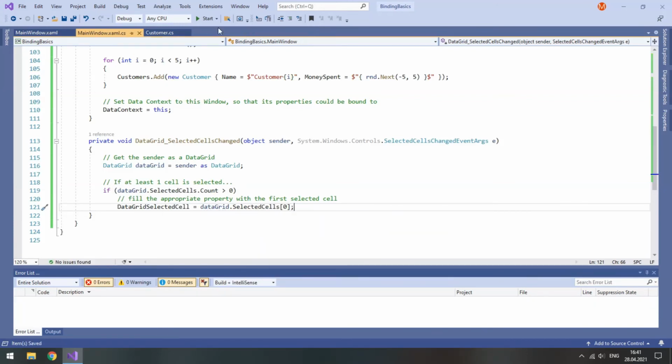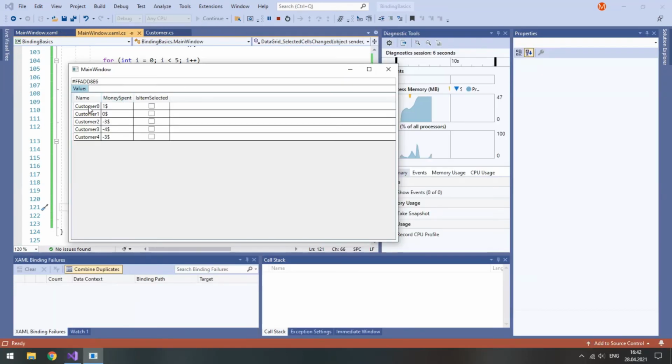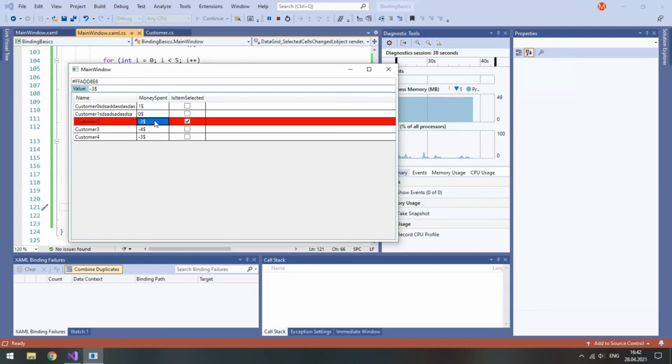And now this is a working solution. Let me show you. So here is our sample data. As you see right now, our text box is empty because we have not selected any cell, but if we do it, we get its current value, and we can change it right here. This cell, and you see that our property isItemSelected is correctly set. Now, as for negative values, this one is positive, this one too, and this one is negative. And as you see, the current row gets colored in red, because we have a minus here. And if we remove it, it becomes non-red again.